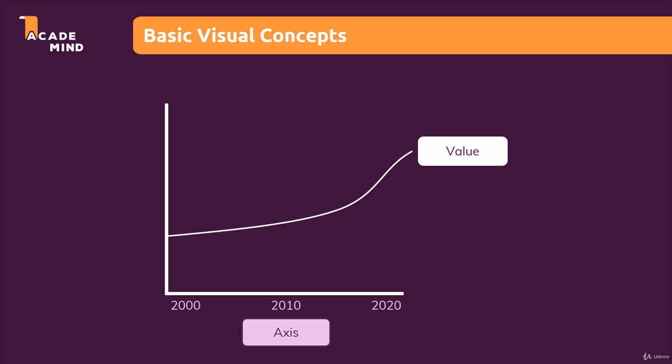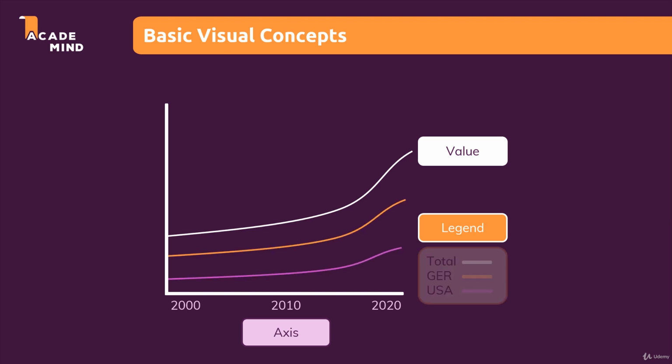Then we might want to add more information, more detailed information with a so-called legend. For the legend, we could use our country-specific data for the population. So two examples would be Germany and the USA right here. As you see, the chart would get the information that we have for these countries, and we would also get a legend which tells us what is displayed right here. So with the legend, we are almost done with these core areas.